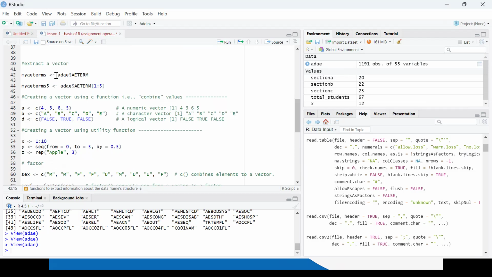Right now, from my ADA data frame, which we have just loaded in our environment, I am reading the column A term, and I am creating a vector by the name of A terms. So in this statement I'm reading all the values which are there in the A term column of the ADA data frame into my A terms vector. So if I run this, you can see that